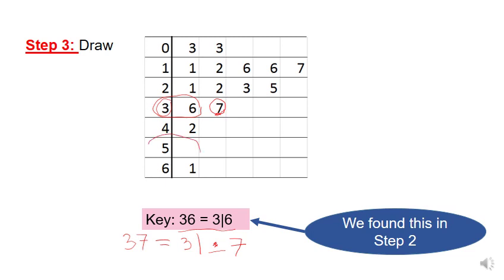Notice we have something here, something a bit odd. That doesn't mean we have the value 50 in our data set. Remember how our key is showing this? Value 50 would then be shown as a 5, a vertical line, and a 0, because there are 5 10s and no 1s. But that's not the case here. We don't have 50 in the data set, so we don't put a 0 here. We just leave it blank. Now the importance of this key